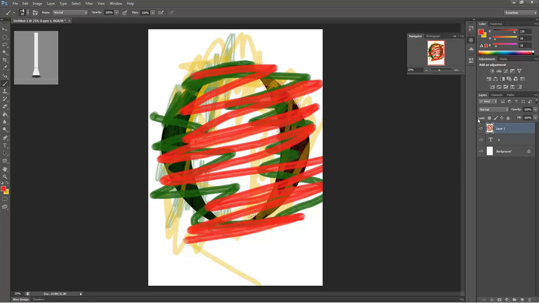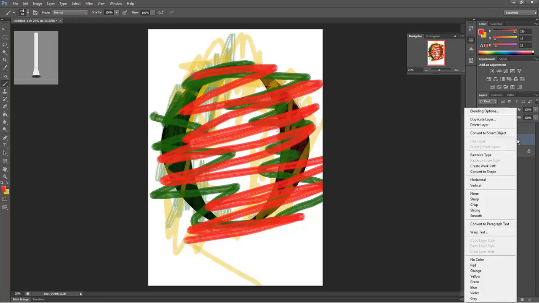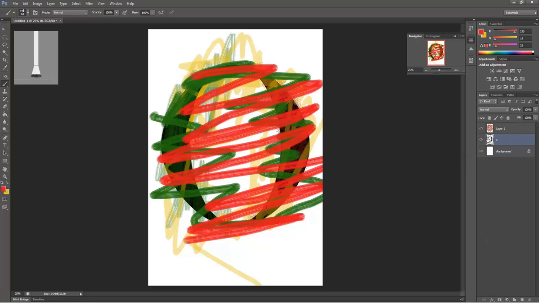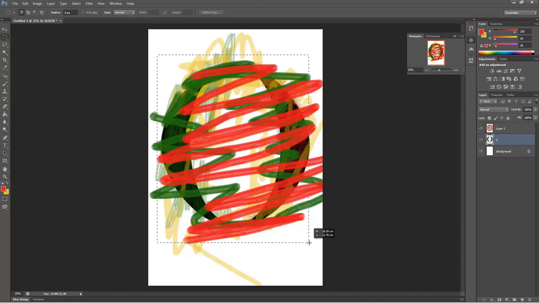So my next thing I'm going to do, once I've done that, I'm going to go back onto the O layer. I'm going to right click and rasterize layer. That's going to make it no longer a text object, but actually something we can work with. So I'm going to click like that, and you'll see it changes. Then I'm going to go on to the rectangle, so you hold that down, the second one down, rectangular tool, highlight it,